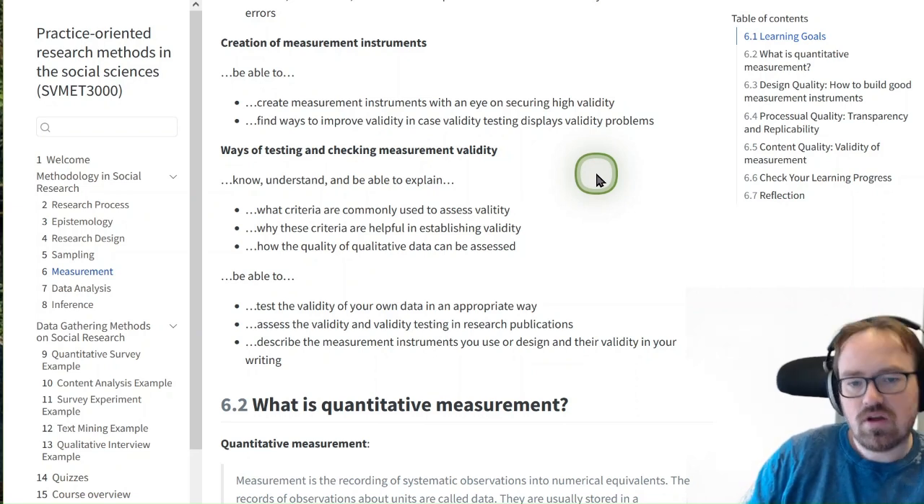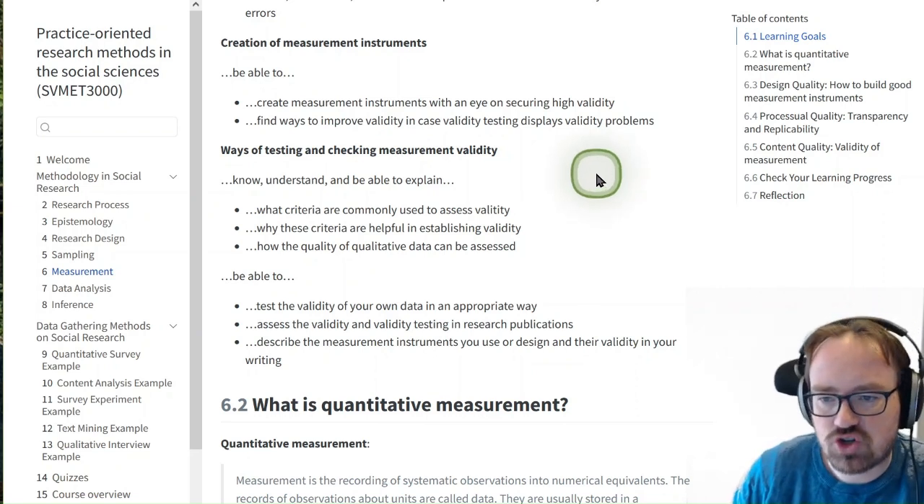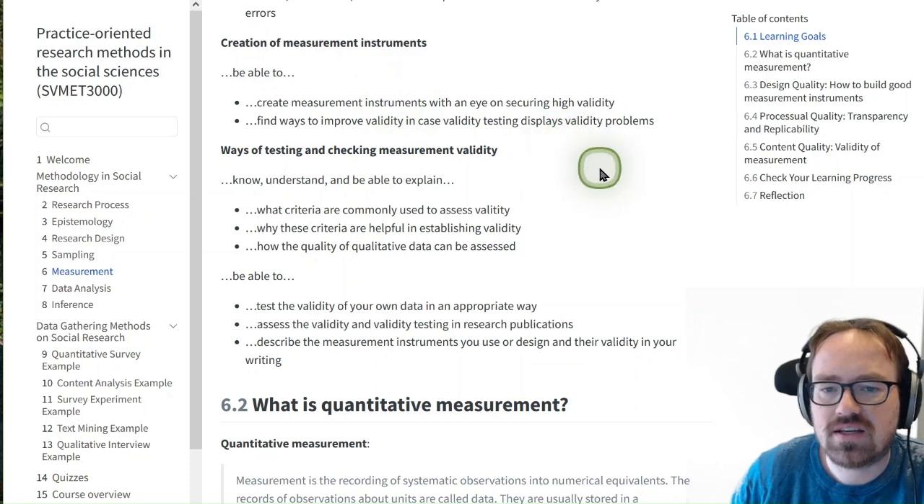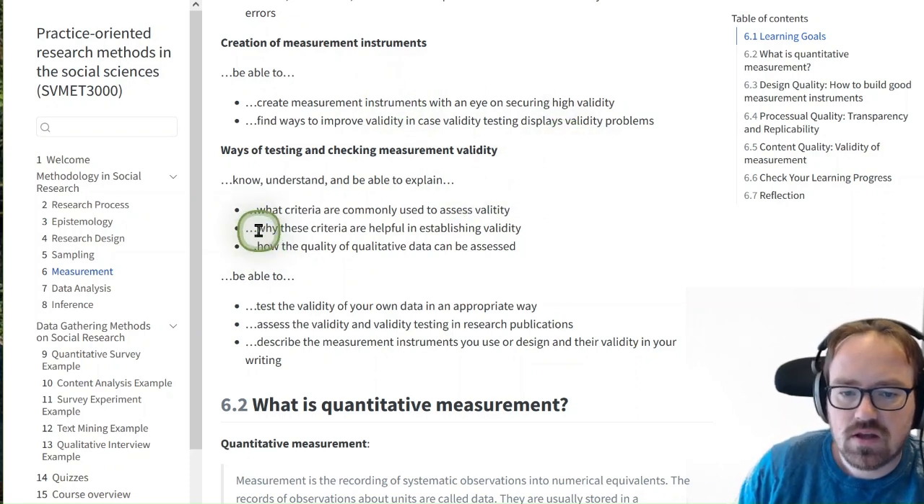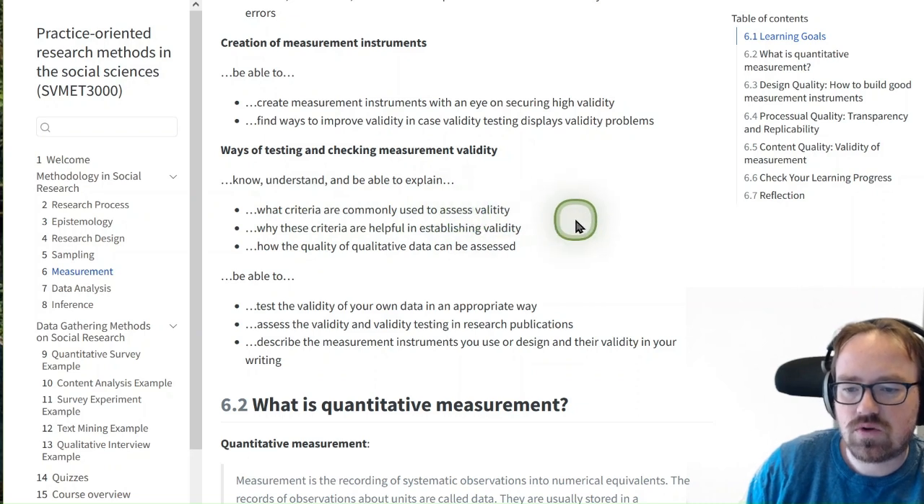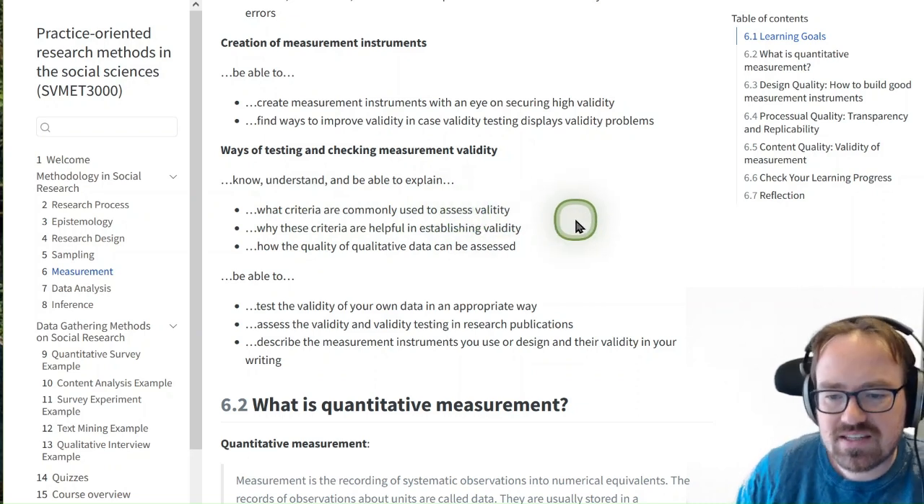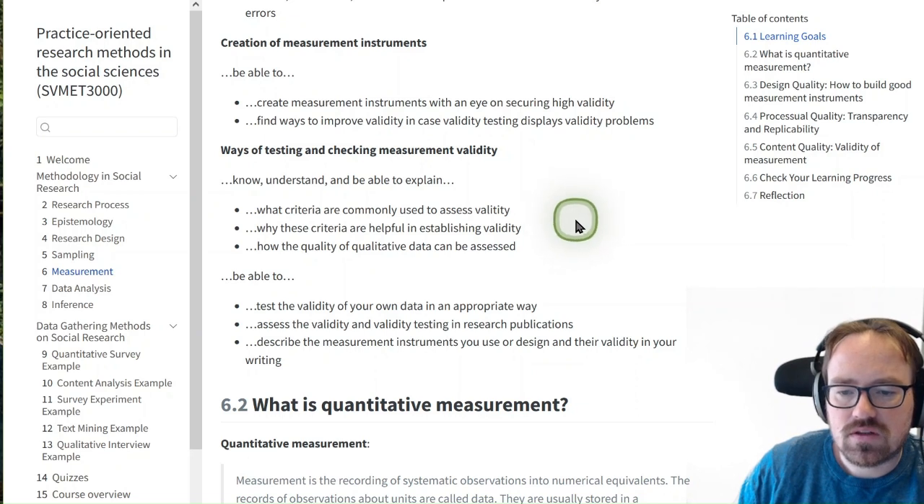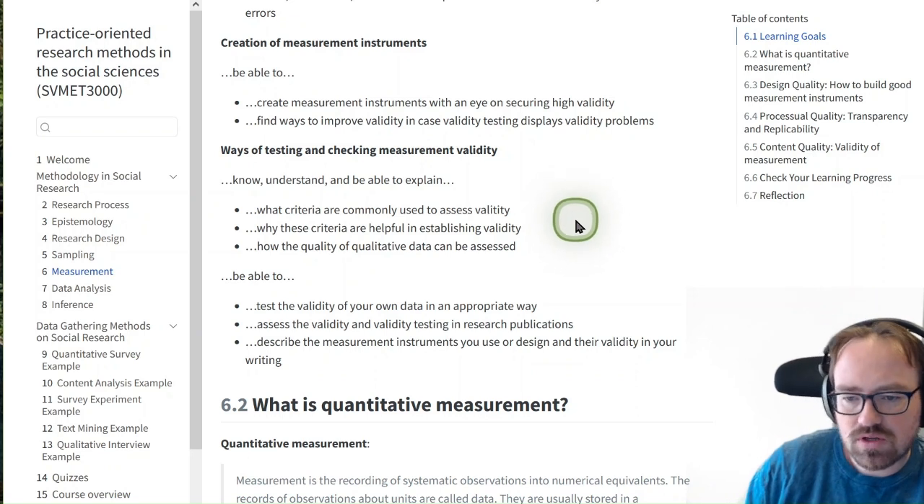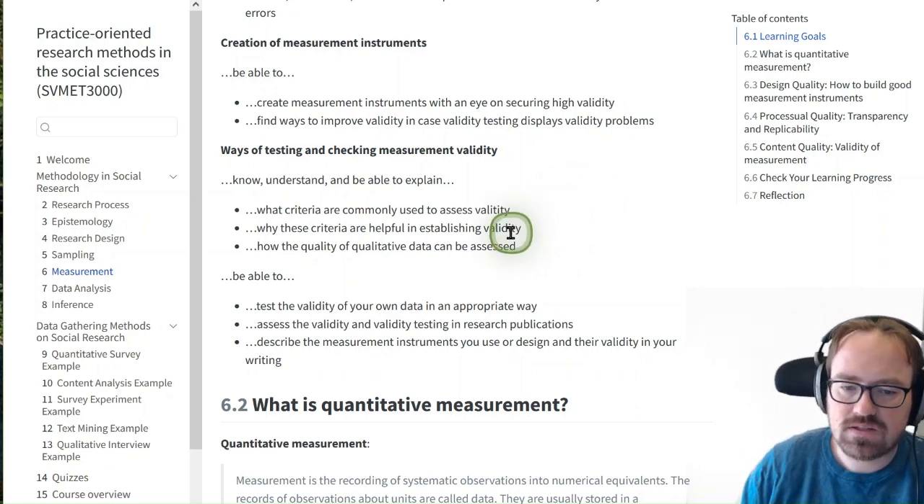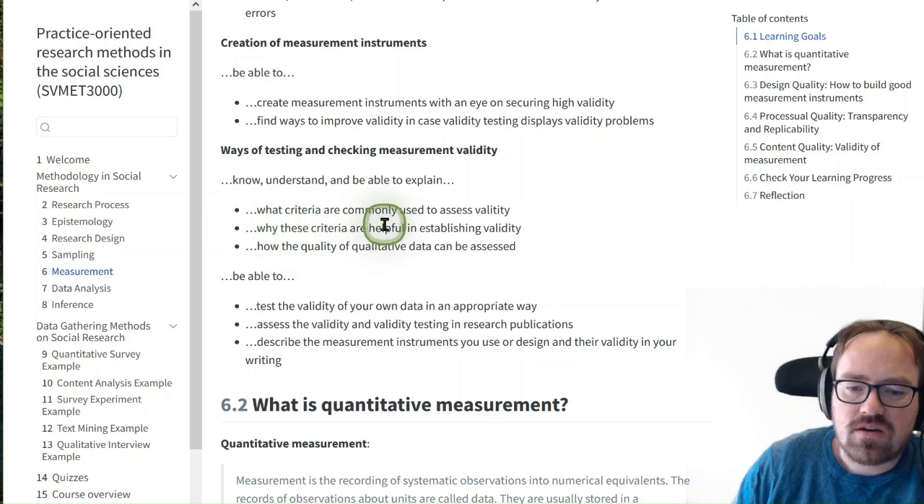Okay, and then of course you need ways of testing and checking measurement validity if you are supposed to create high validity measurement instruments. So you should know, understand, and be able to explain what the criteria are that are commonly used to assess validity. So how can we break down validity into better usable components that are not as complex and multifaceted? And why are these criteria helpful in establishing validity, allowing you to